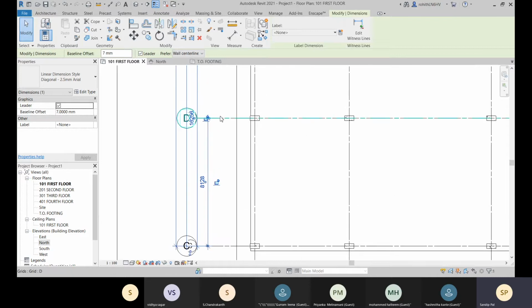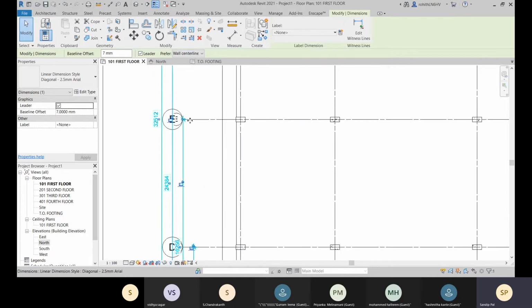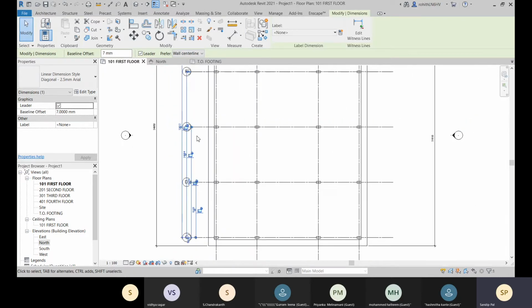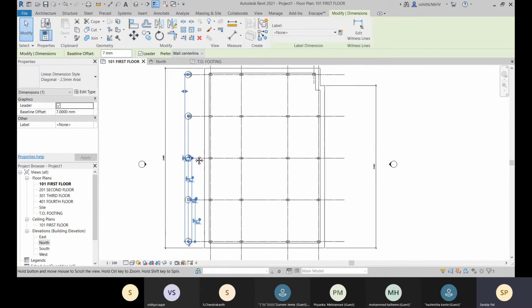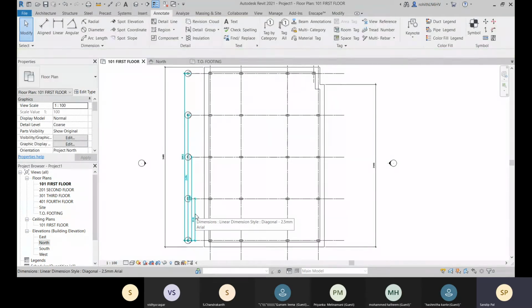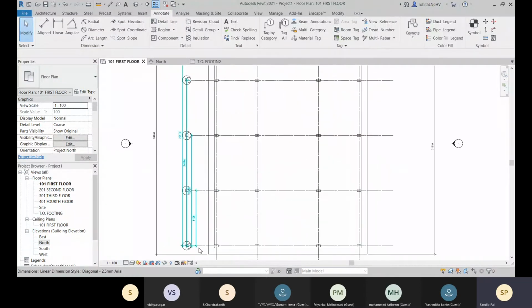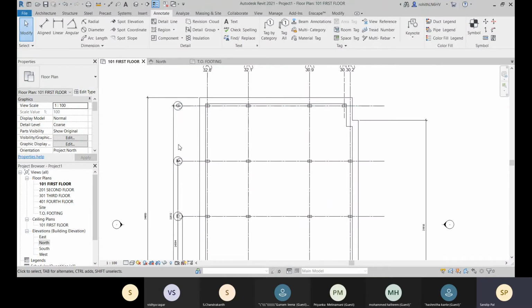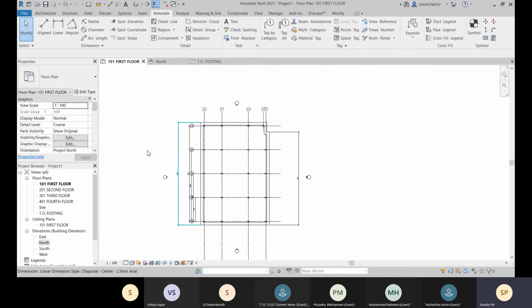From this base to this end is being calculated. That is about your baseline. Suppose you need to calculate from one base to all the ends, then you have to decide that your string type will be baseline.